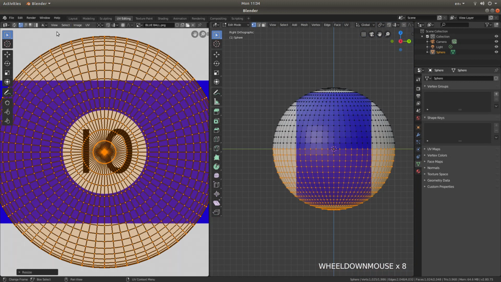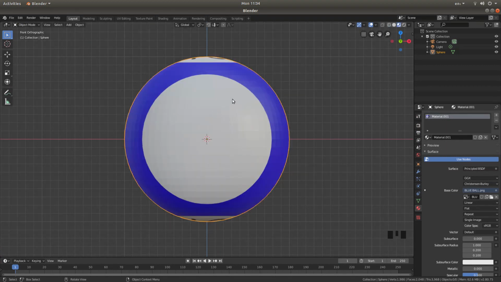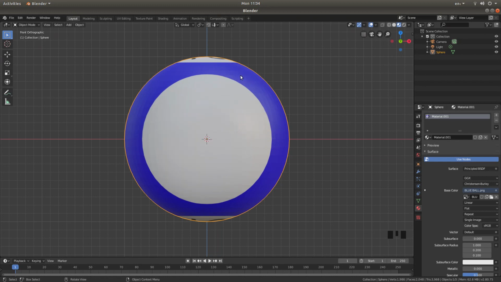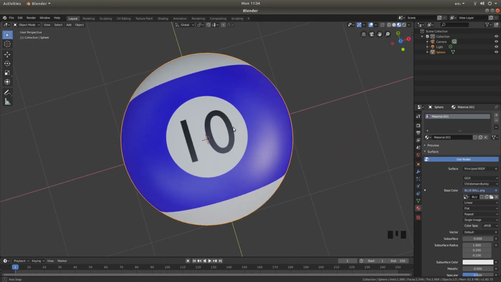Okay, back to the top of the screen and left click on the button that says layout, and again Z, and then left click on look dev. And now all you need to do is right click on the sphere and then left click shade smooth. Hold your middle mouse button down to get a decent view of your sphere, and then with your materials button still selected,